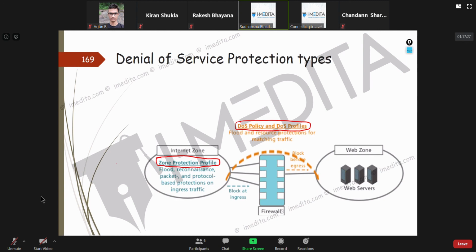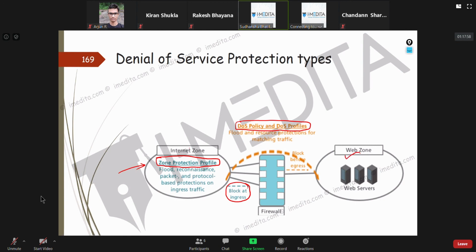Now, first let's look at the zone protection profile. The job of a zone protection profile is to block traffic at ingress. Suppose somebody is trying to come from outside and you want to prevent them from even going to maybe the DMZ or web zone, or whatever zone you want to call it.